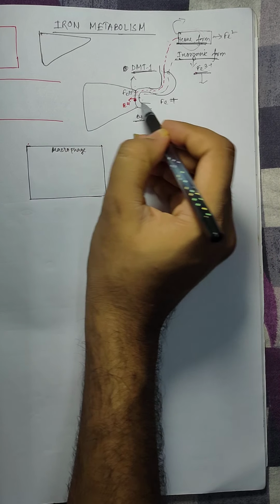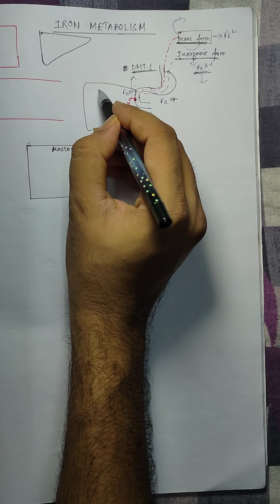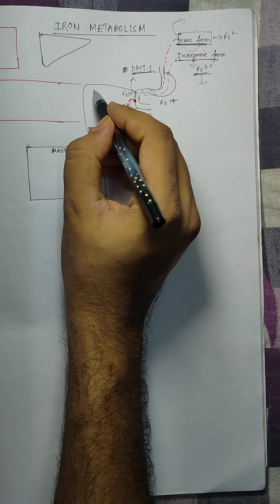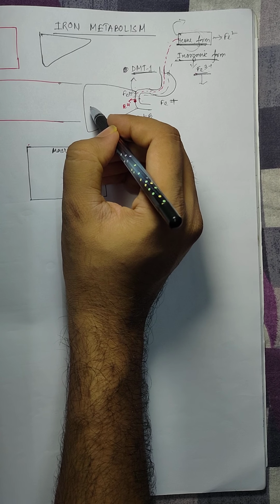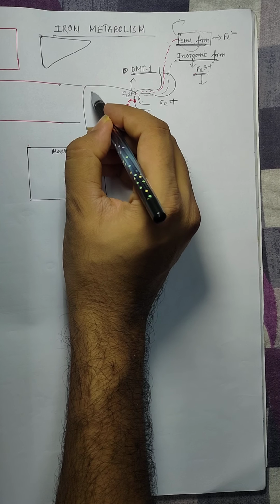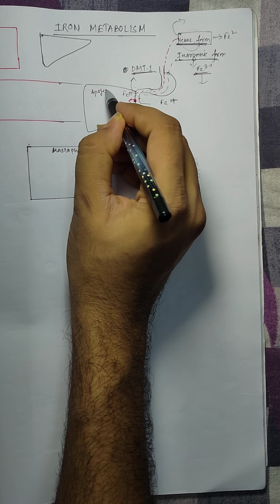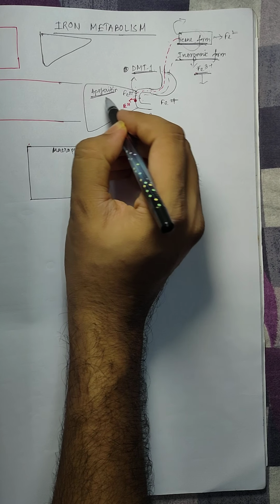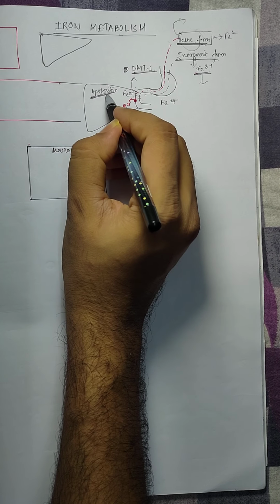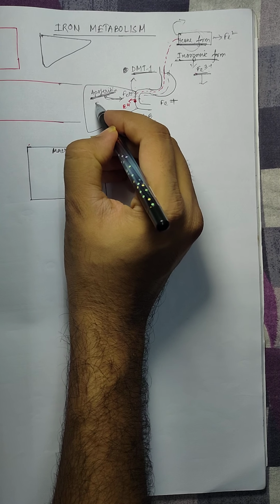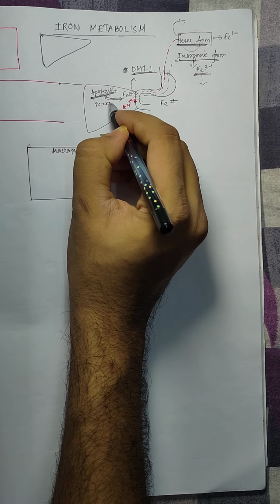Now this is the enterocyte, and you must know here that this cell forms a lot of protein named apoferritin. Okay, apoferritin, it forms a lot of apoferritin. This apoferritin binds with Fe2+ and forms ferritin. Okay,